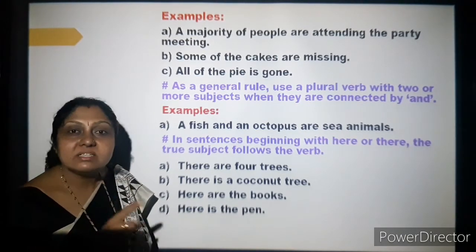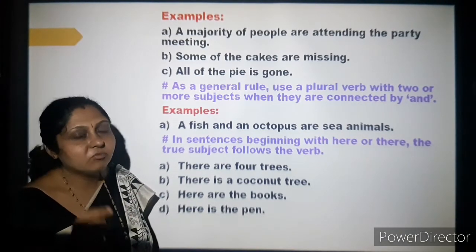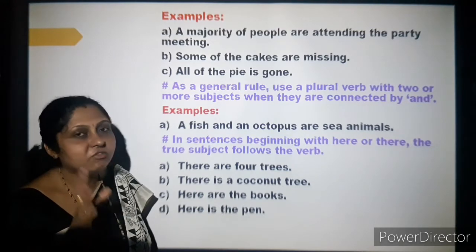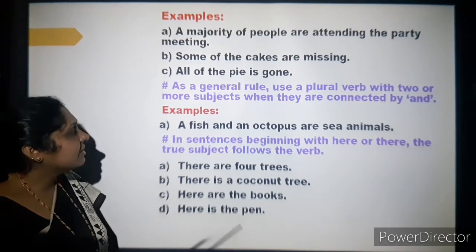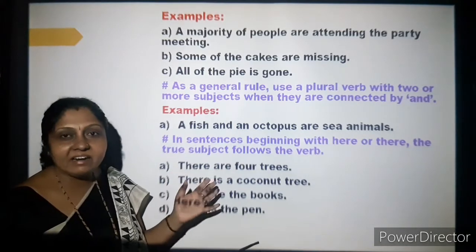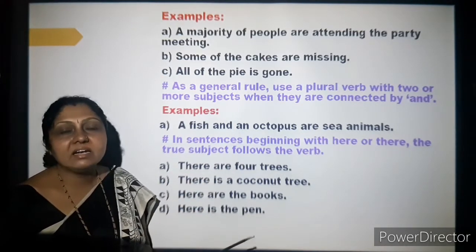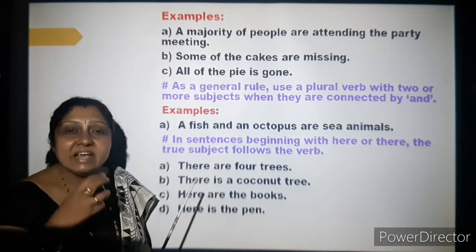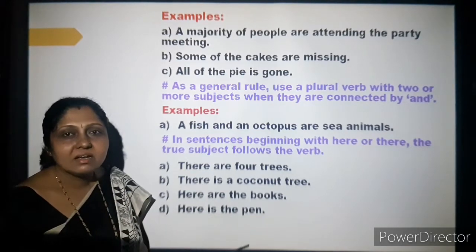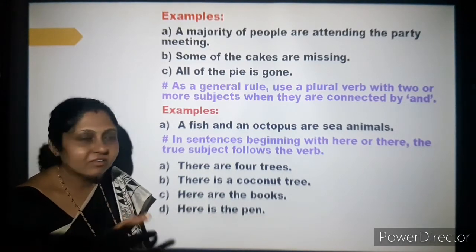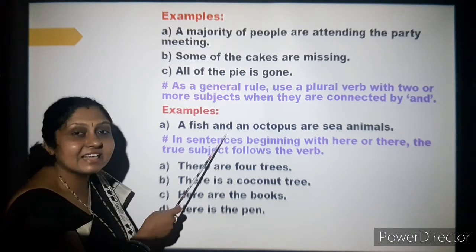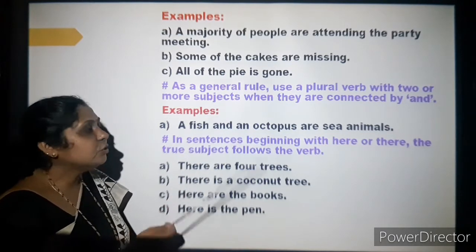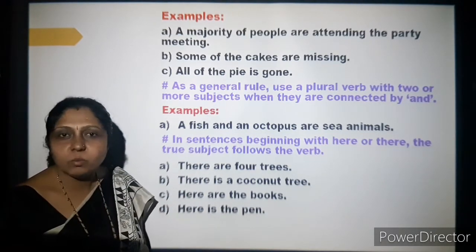And if the noun is in plural form, then the verb will also be in the plural form. Okay, now the simple usage I have taken at the end. Everyone knows that if you use any number of nouns and put them together with the conjunction "and," then usually it is more than one.